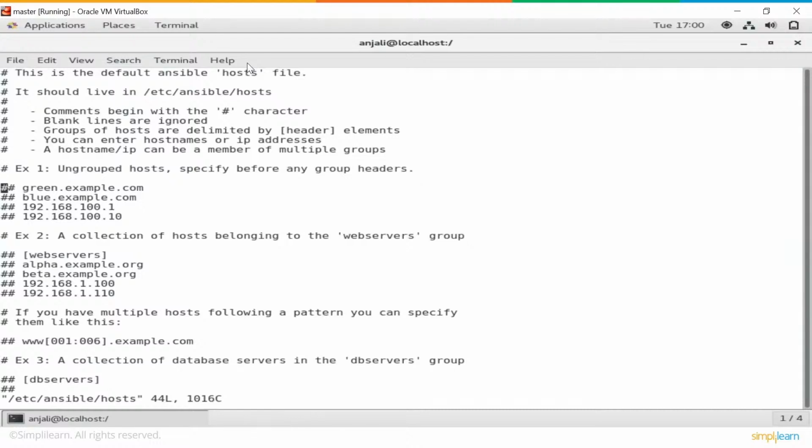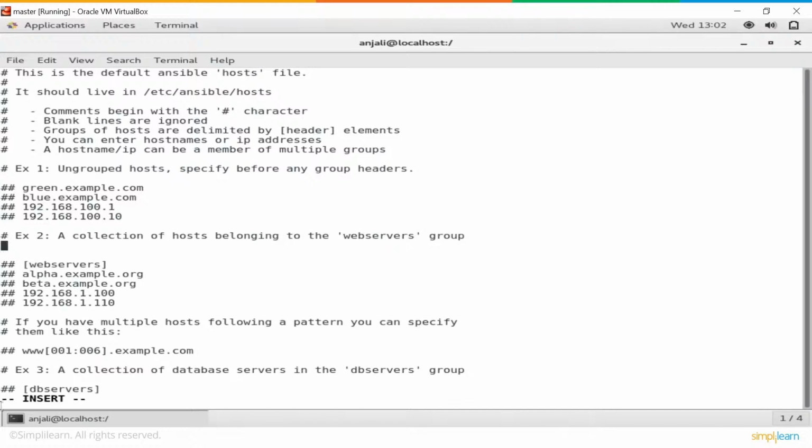That's the path to your host file. As you'll see, everything here is commented. So just type in the group for your client nodes. So I'm going to name it Ansible Clients. And here we need to type the IP address of our client machine. So my client machine's IP address is